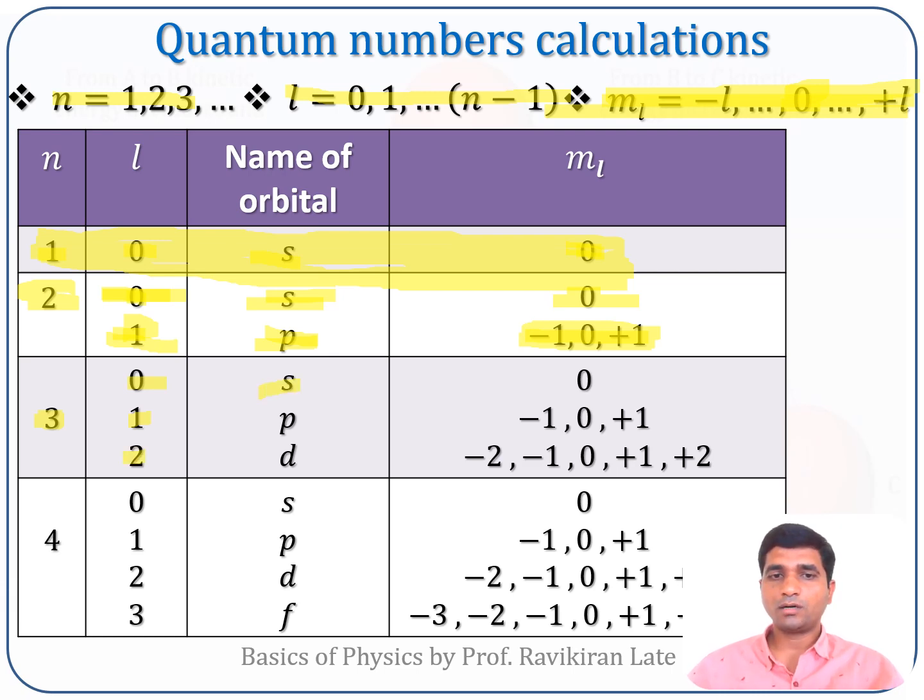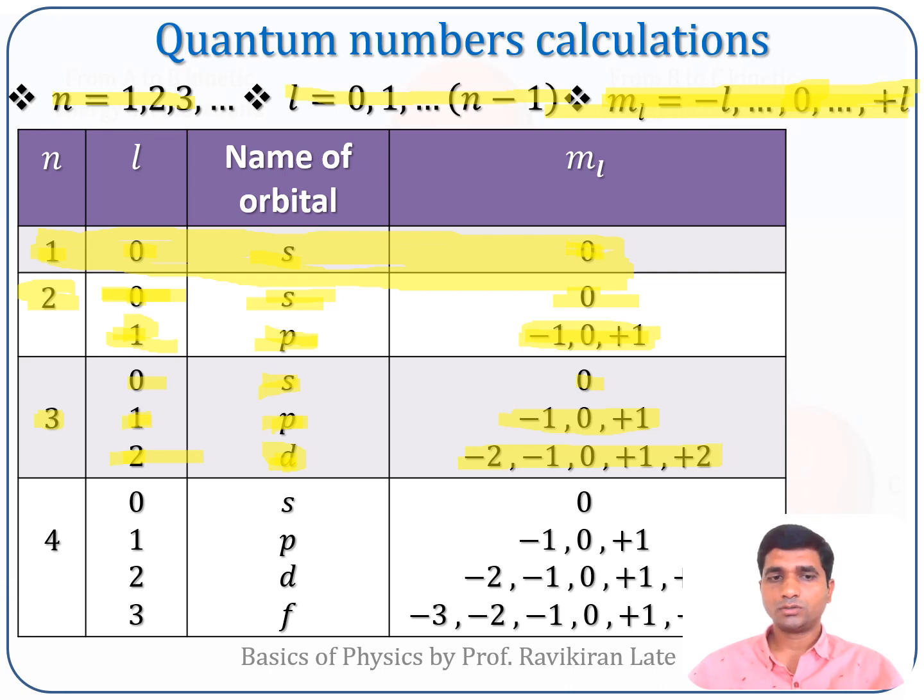The corresponding values of the orbital quantum number lead to the names of the orbitals, that is s orbital, p orbital and d orbital. So s, L equal to 0, corresponds to ml equal to 0. For p orbital, that is L equal to 1, ml goes from minus 1 to plus 1 including 0, that is minus 1, 0 and plus 1. For d orbital, the value of the orbital quantum number is L equal to 2. So ml can take values from minus 2 to plus 2, that is minus 2, minus 1, 0, plus 1